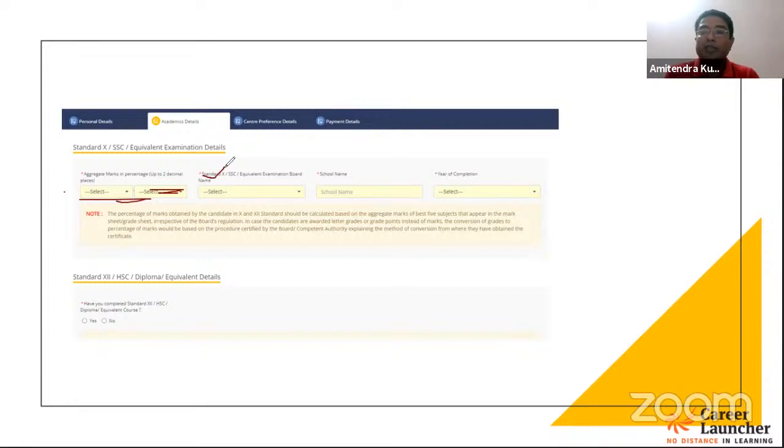आपने जिस board से पढ़ाई की थी, जिस board से आपने exam दिया था, वो select करके यहाँ fill करोगे. School name you have to type. So that is something which you have to type. You don't have a drop down provision. Obviously, it can't be possible. So यहाँ पे आप school का नाम अपना type करोगे.